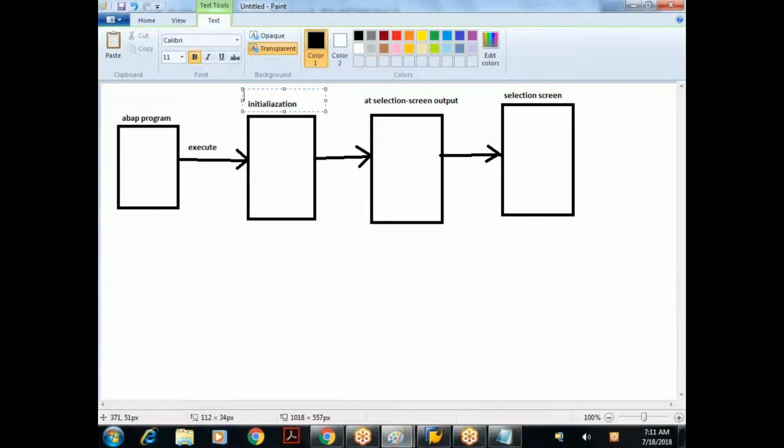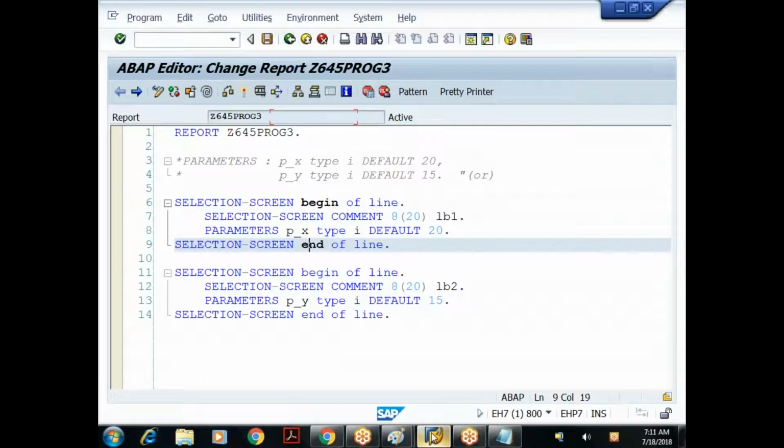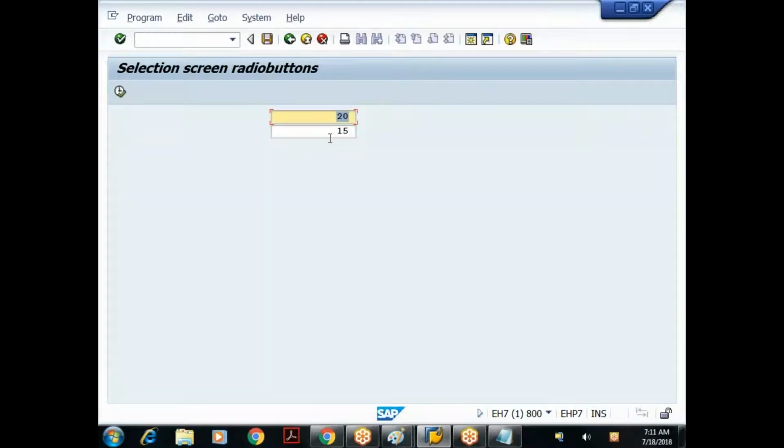One second. Yeah. So this is the first event triggered before displaying the selection screen. So I need to handle that particular event. What are the default activities that you want to show to the user? Whatever default activity you want to perform, that business logic we have to implement inside which event? Initialization event. So here also, the moment the selection screen is displayed to the user, the text should be shown to the user. Am I clear?